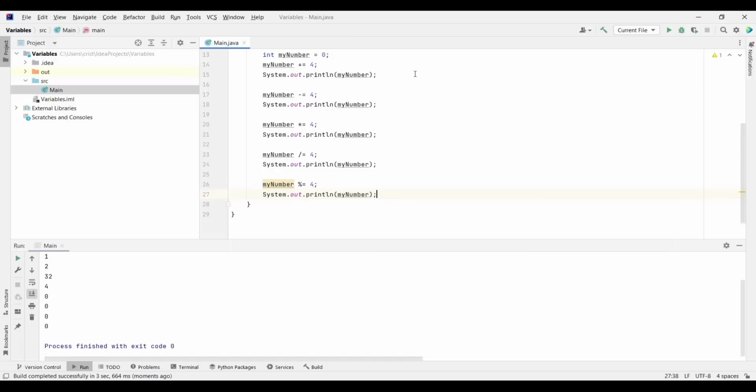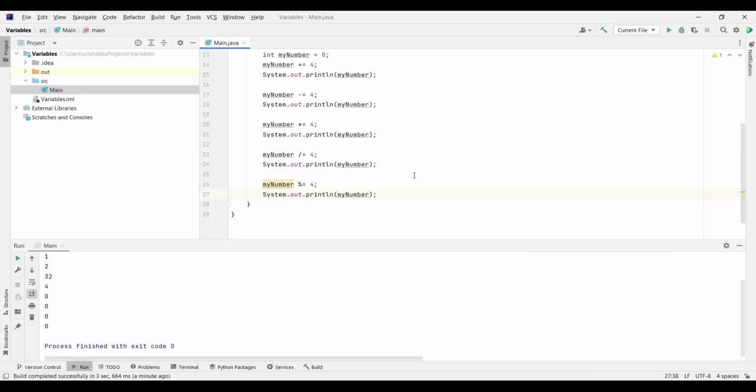Then we're going to multiply by 4 and it's going to give us 0. So my number now also has the value 0. Then we're going to divide my number, which has 0, by 4, so it's going to return 0. And then we're going to take modulus 4. So we take 0 modulus 4 and that is going to give us 0. So this is why we get 4, 0, 0, 0 in the output.